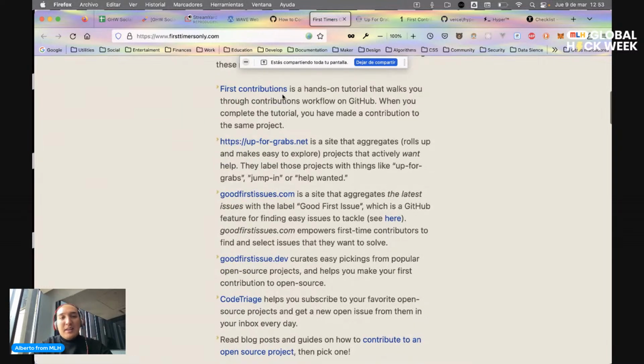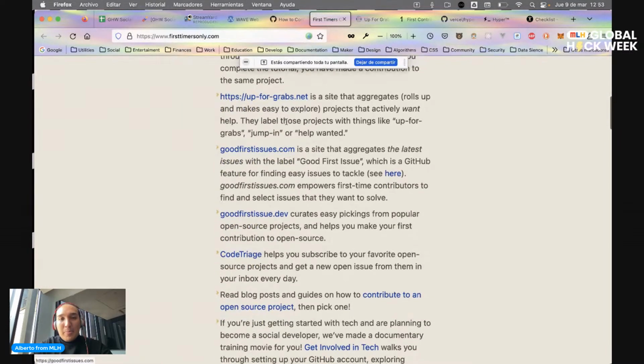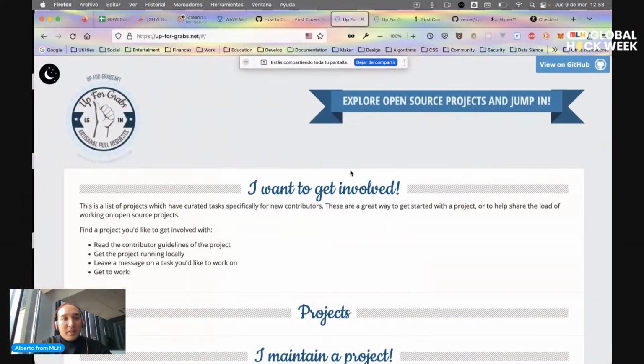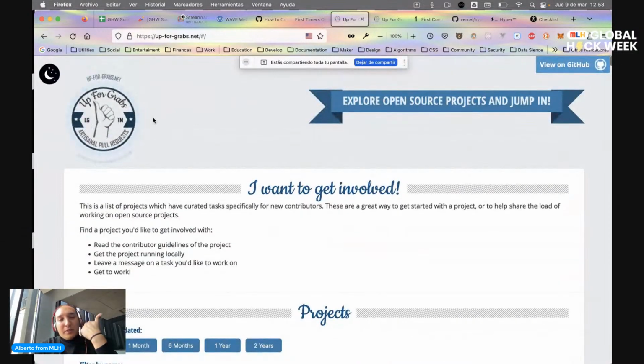I take it. For example, this is a site that aggregates projects that actually want help. They are also labeled like up for grabs, jump in, or help wanted. Let's check this, for example, Up For Grabs.